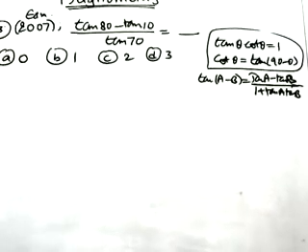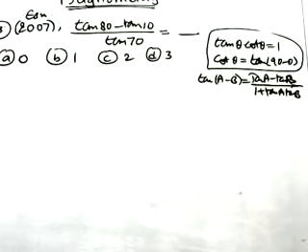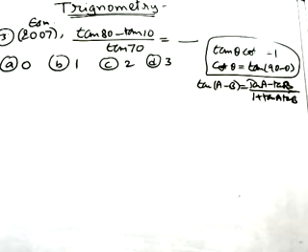Now you see the next question. Before going to the next question, we know tan theta into cot theta is 1. And cot theta can be written as tan of 90 minus theta. And we also know tan of A minus B is tan A minus tan B by 1 plus tan A tan B. Now watch this question.